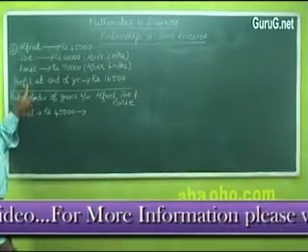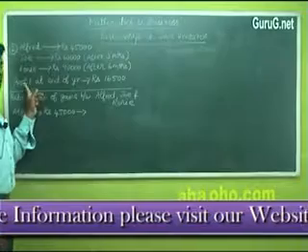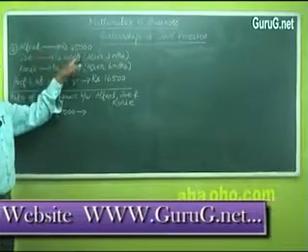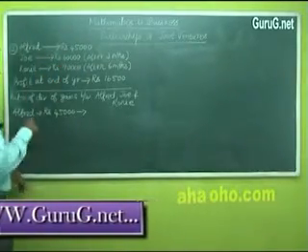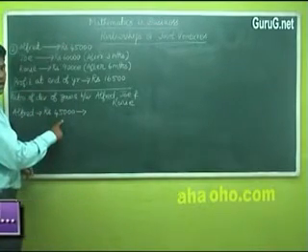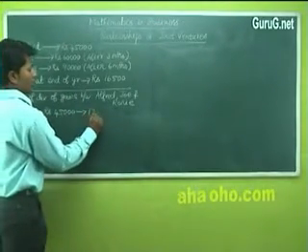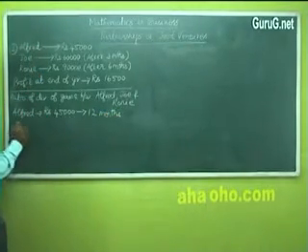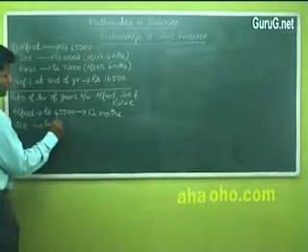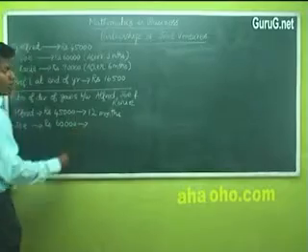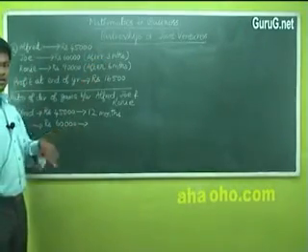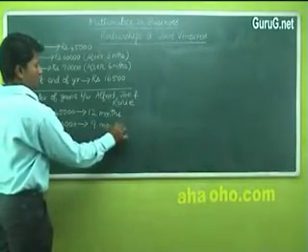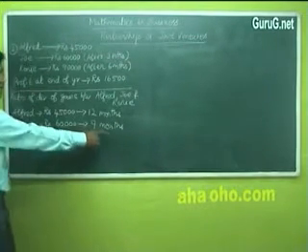Now note the thing here, they have given the profit at the end of the year. So Alfred has invested money for 12 months, isn't it? This is an annual profit. So Alfred had invested rupees 45,000 for 12 months. Fine. Next, Joe. Joe had invested rupees 60,000 for how many months? After 3 months of starting the business. So 12 minus 3, 9. So Joe has invested rupees 60,000 for 9 months.